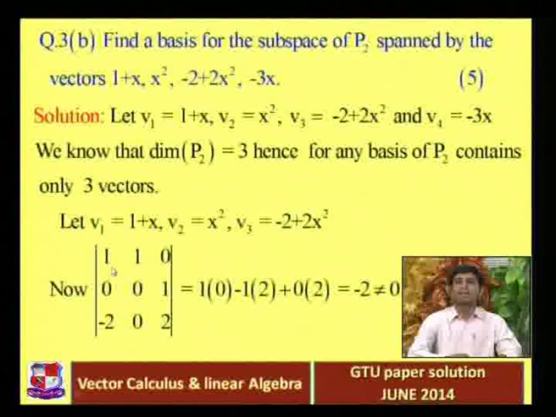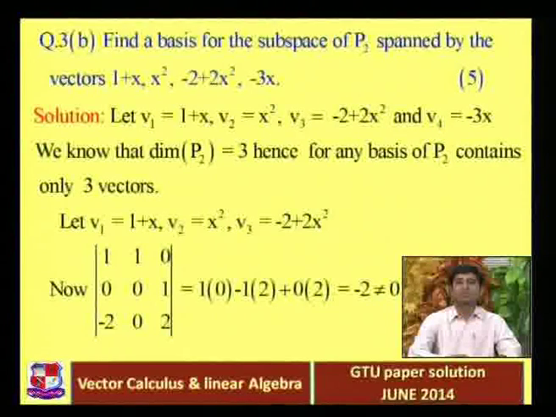For that we find the determinant. The first row is 1 1 0, the second row is 0 0 1, and the third row is -2 0 2. That is equal to 1 into (0 - 1 into 2) plus 0 into 2. Finding this determinant is quite easy. So minus 2; finally we get the value of the determinant as -2, which is non-zero. So that means these 3 polynomials are linearly independent, and